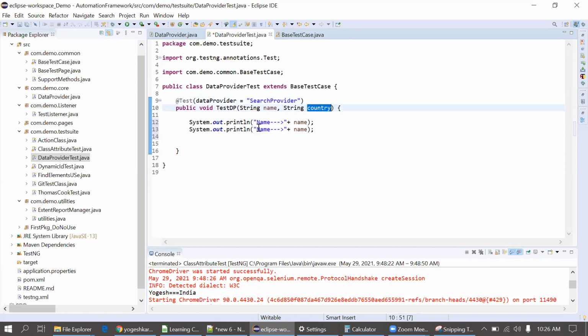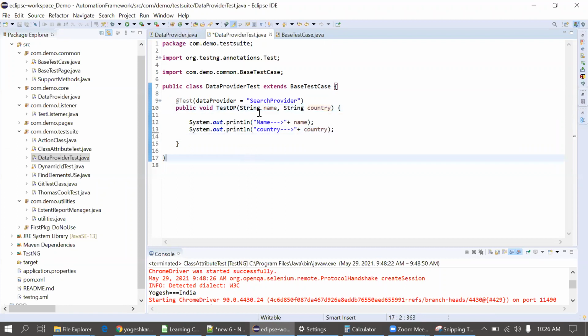Country. Now suppose I'm just giving input of this name and country in one of the forms in the UI. That will take some time, so I'm just printing this, so you will understand that this data which we have provided in the data provider can be used at test case level.